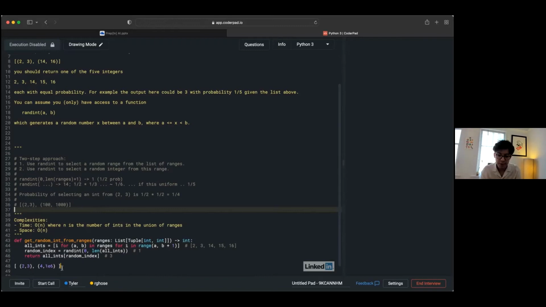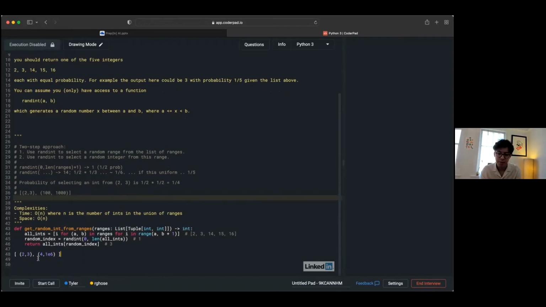Okay, so if I understand what you're saying, if we have a range that's particularly large, even though the representation of that range is compact, we just have to specify the left and right endpoints. In our solution where we're sampling from the union of the ranges, we have to explicitly construct this list consisting of every integer in the union of the ranges. And so we end up with a large representation, one that takes a lot of memory and potentially a lot of time to construct as well.